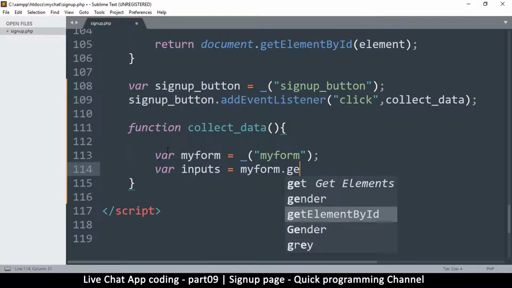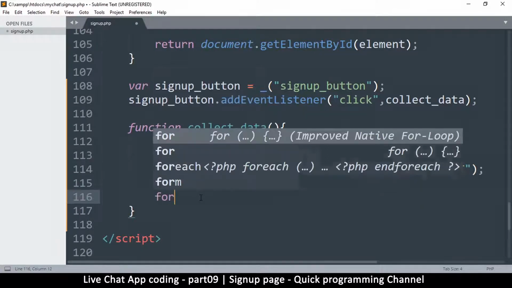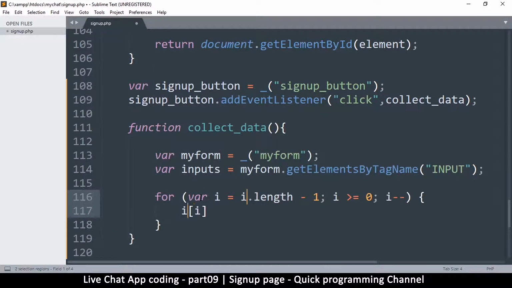Now we're going to do something else here, get elements, we put by tag name. So this is one that gets all the elements that contain a specific tag, like input in this case. So I'm going to use the uppercase like so. So what I'm saying is that inside my form, get all elements that have this tag name called input. Okay, so this will give me an array of inputs, so I can go through that array and say for and put inputs here